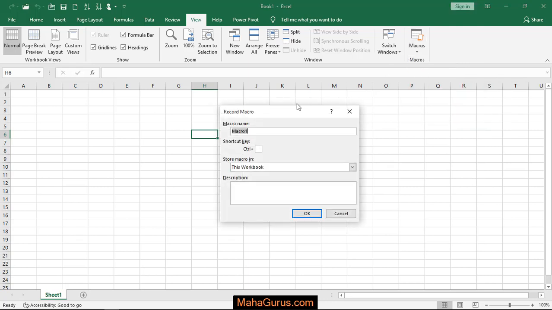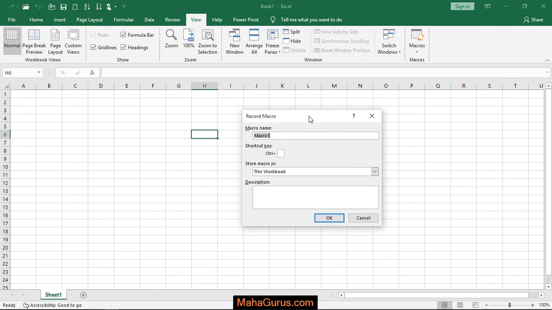Now just after clicking, guys, this box will appear where you have to add the name. So I'll keep the name as it is, Macro1, and then you have to select the shortcut key. Like we can use Shift A. As Control is already present here, I'm just using Control Shift A. Okay. Now if you want to add any description on this macro, you can add it or you can leave it